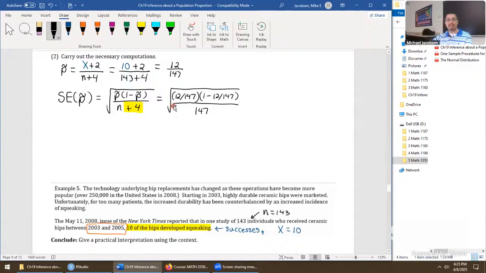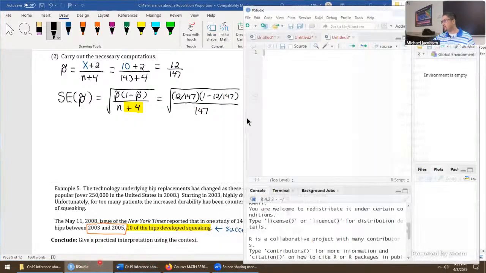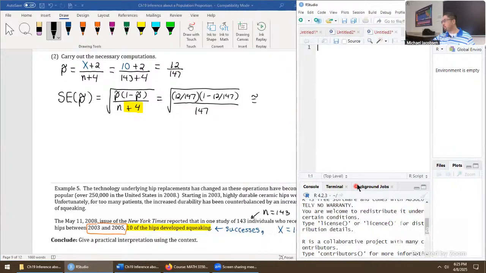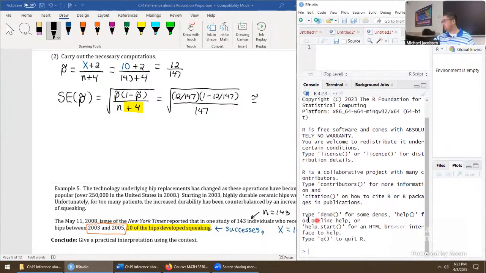Whenever you do a standard error write out like this, you should see parallelism of the 147 here, here, as well as the denominator down below. And the last question with the normal method, large sample confidence interval, we saw that matching pattern here, here, here as well in the standard error. So it's just a new visual way to see we're on the right track if we see those numbers coming together. Now at this stage, we're just dropping everything into a calculator. Here's what it would look like.